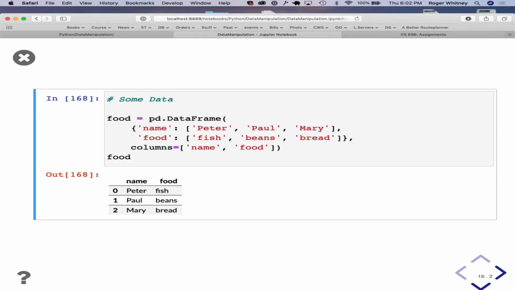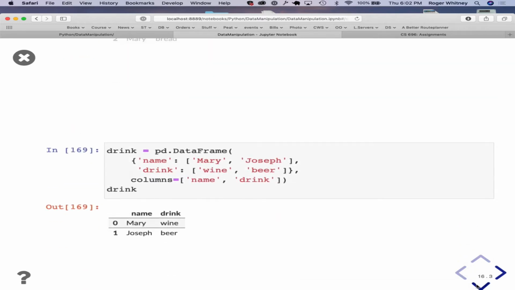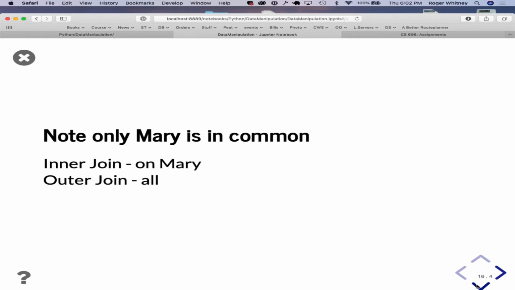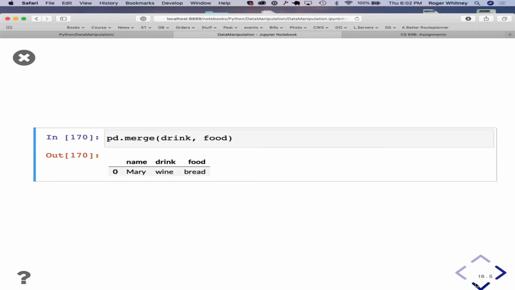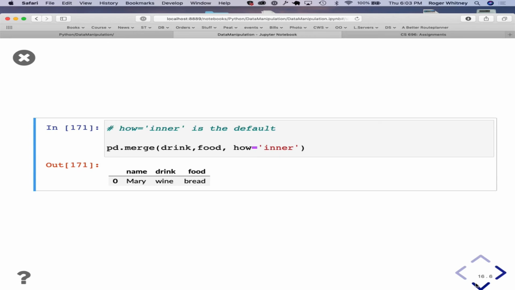So when you merge them together, what do you want to happen, right? Standard inner join, outer join issue. So I do a straight merge, then I only get the ones that are in common, right? And inner is the default.